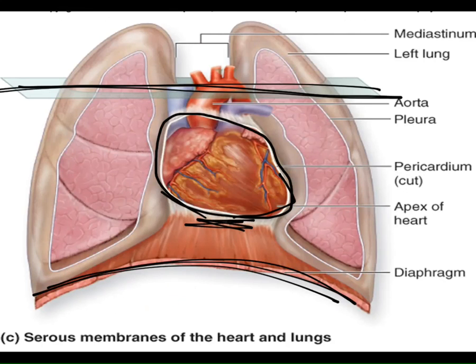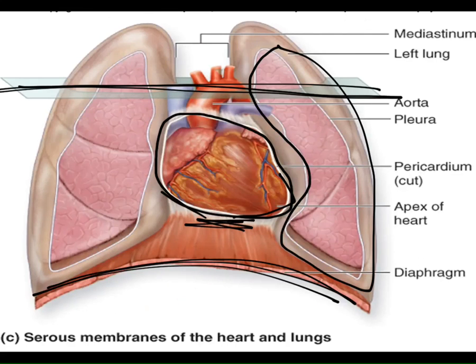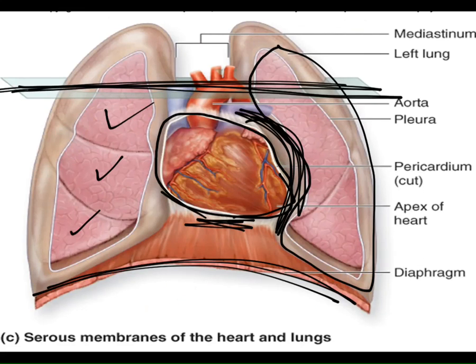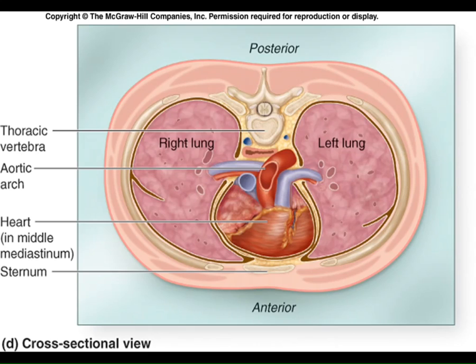You can appreciate, too, that the left lung is smaller and has an indentation, not so great here, called the cardiac notch. And that's going to make room for the heart and leave the left lung with only 2 lobes. The right lung will be larger, and we'll have three lobes. So let's take a cut right across, like that line is here, and let's take a look at what we would see. So we're looking down on a cross-section view,